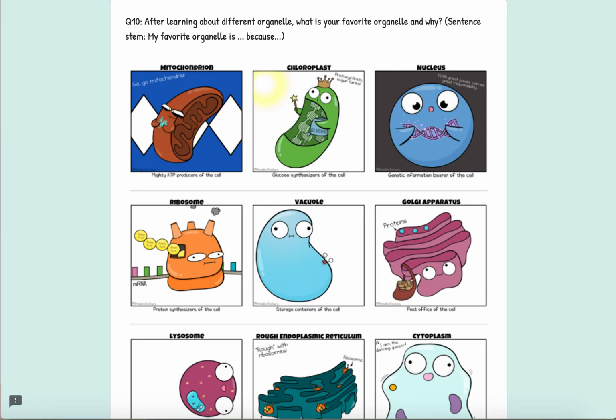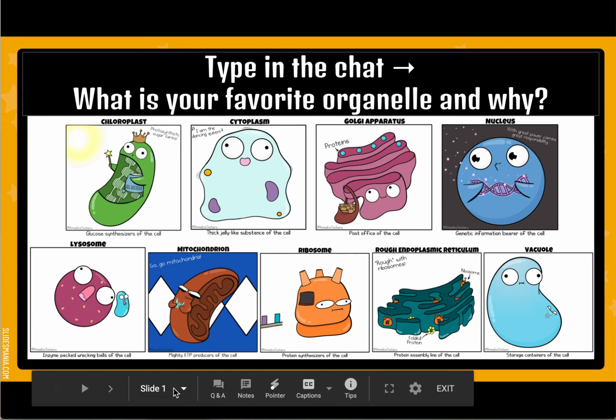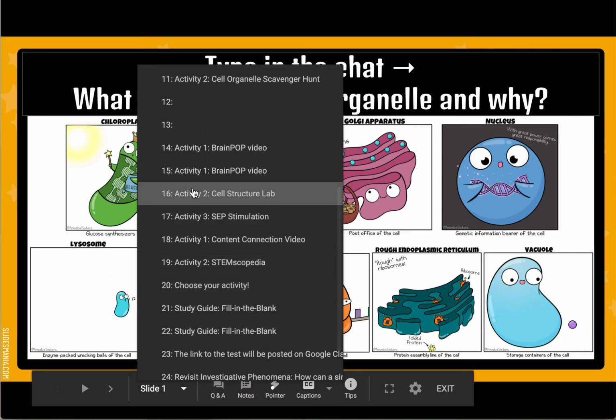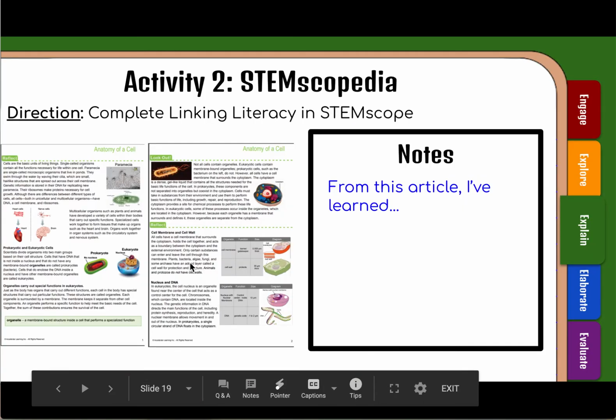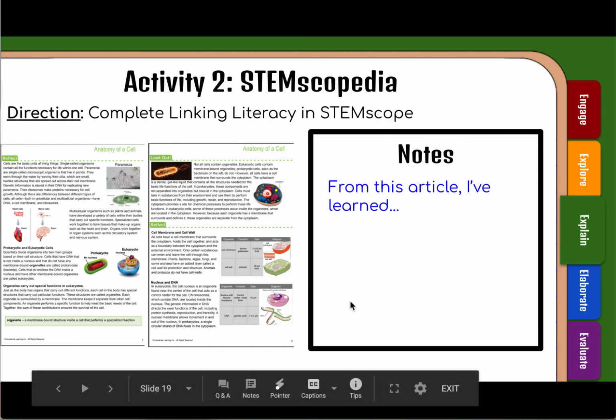All right. With that, I do want to give you some time to fill out slide 14. Notice that it's slightly different from the slide number that I have since this is my presentation instead of the notebook. Okay, so this is slide 14 in your notebook. It's Activity 2, Stemscopedia. Go ahead and pause this video right now and fill out this part. What is one thing you learned from this article? Again, pause this video and fill this part out.